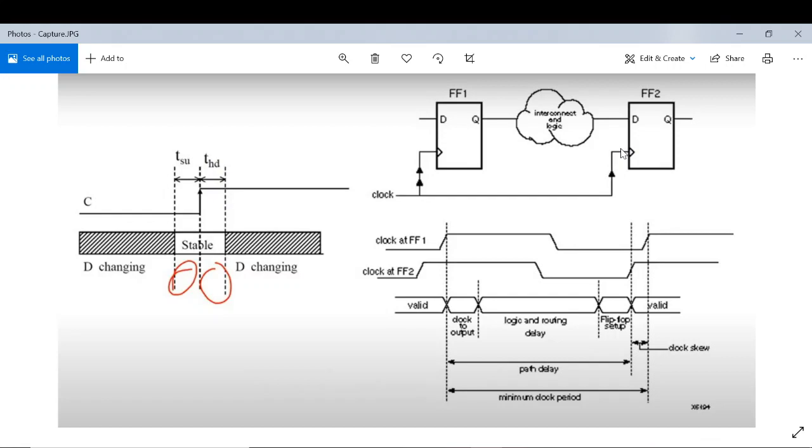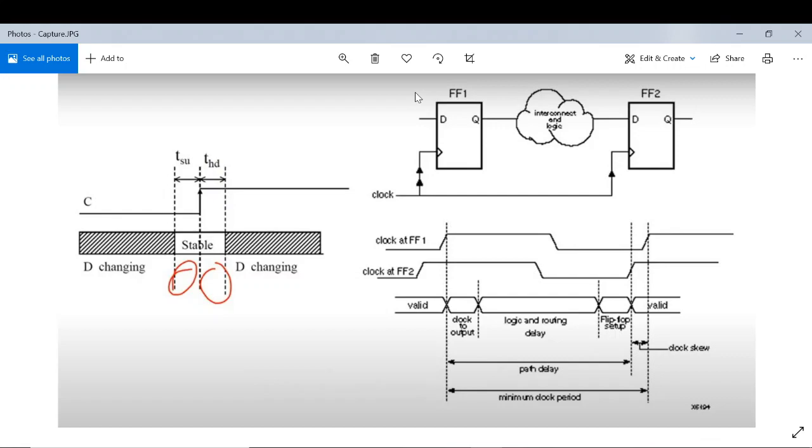A very good question arises here. Why do I need this when my combinational circuit was working fine and it was quite fast? As soon as the inputs to the combinational circuit were changing, I was immediately getting the output. Then why do I need these two flip-flops, which insert one clock cycle delay, because I will be getting my correct output only after one clock cycle? At this point, I recommend you stop this video for a while and ponder on this: why do I need a synchronous design when my asynchronous design was very fast?